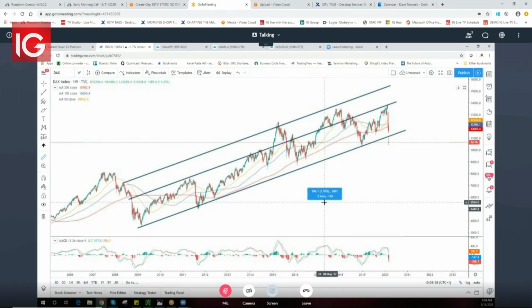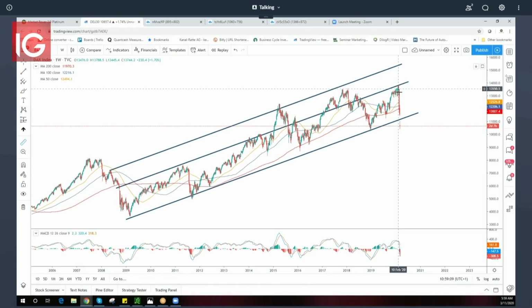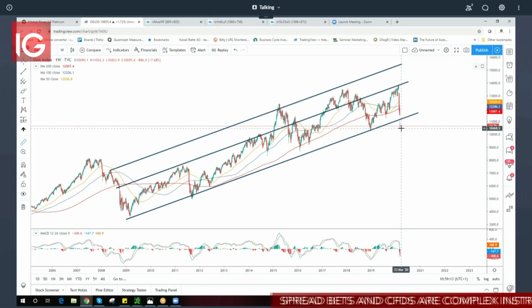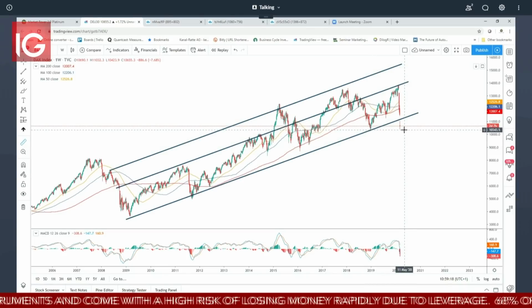So if we look at the DAX chart here, this is a multi-year chart with weekly increments, and you can see it do these quasi-regression lines. And basically, it's almost to the euro cent where we've reached the upper end of the trend, and now we're overshooting the downside. It's very common to overshoot a little bit and to undershoot, but I think we're getting closer here in the DAX. Anything around 10,000,